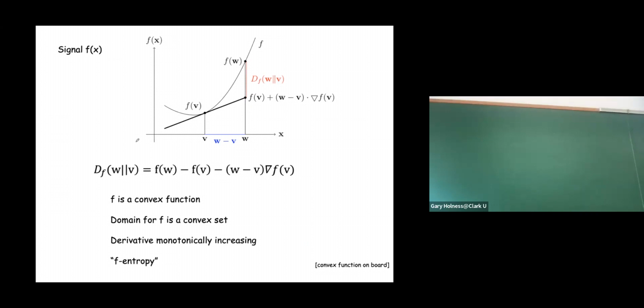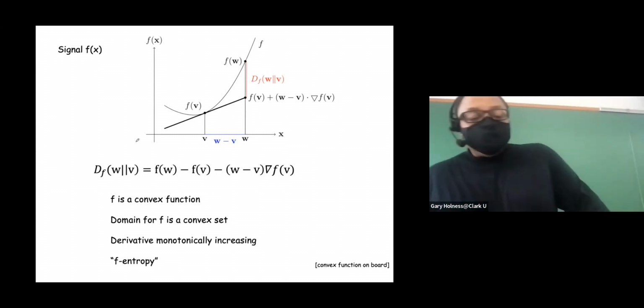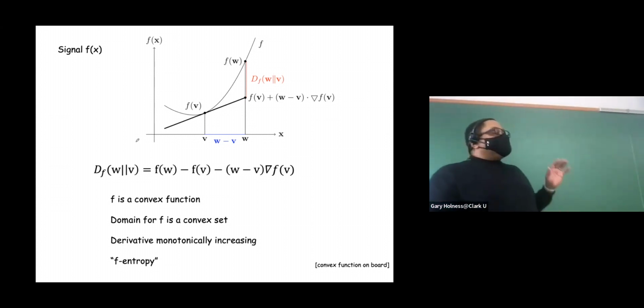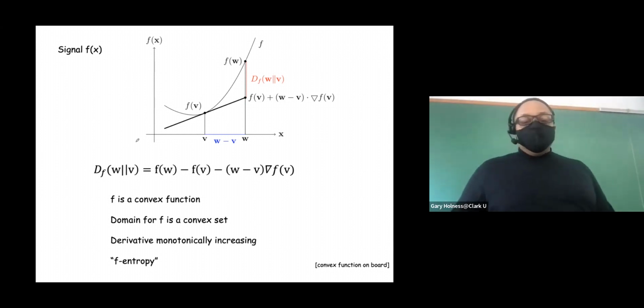Suppose you have something like a heart signal, and you have a heart signal for certain segments of the population. Well, those can be modeled as distributions, but maybe you want the derivative, the change in heart signal, and not the raw measurement. So how do you insert your own function in a way that you can measure information? Now, this is called Bregman divergence, or so-called F entropy, where F is your function that you define.